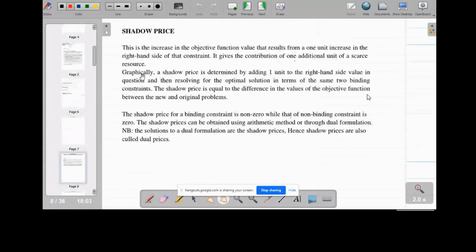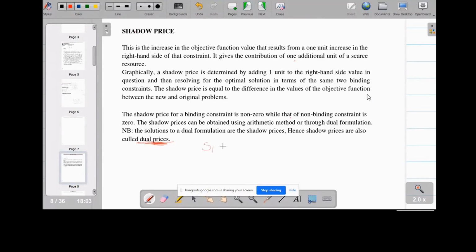Let me mention something on the shadow prices, which I've said is also known as the dual prices. So when you hear shadow price and dual price, it is the same. There are cases whereby you prepare your solution using the simplex method. Then you realize that you still have some shadow prices which are giving you, for example, maybe you may find